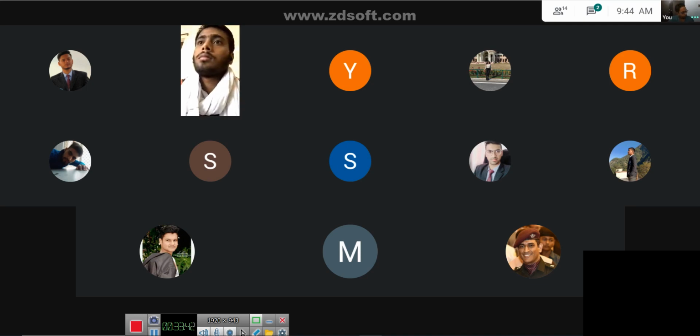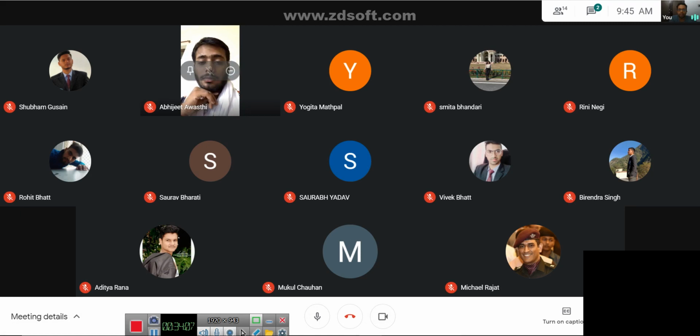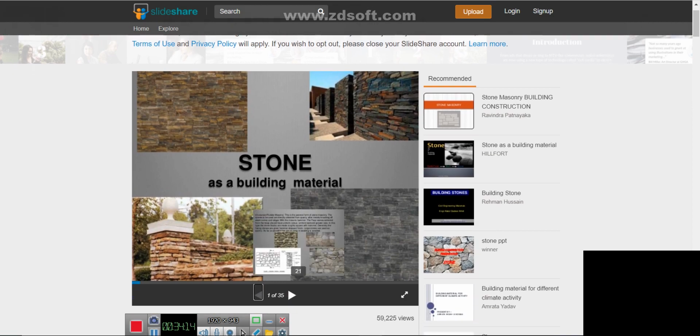Okay, so we are winding up bricks. In the first unit, in addition to brick, you have to study about stones also. So now we are going to start with stones. Stone as a building material. Brick is used as a building material. Another commonly used building material is stone. So I'll share one material, just a minute.